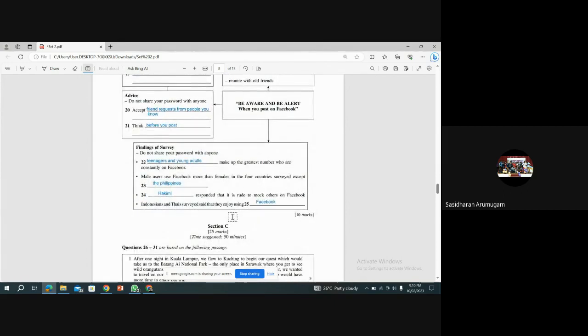Okay. So the only way to improve your skills, your knowledge of answering the questions, is to do more exercises. Don't think English is just simple for you. Yes, it is simple for you if you take it in a good way. But if you take it the wrong way and you do not bother about English because it's just a language, it becomes really difficult for you, because at the end of the day we only care about your marks,